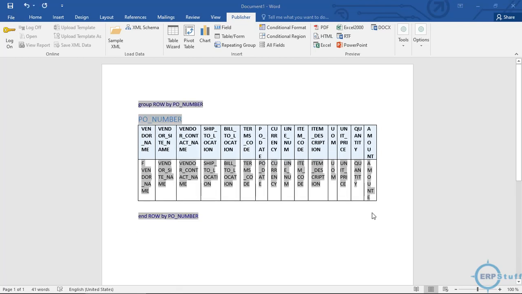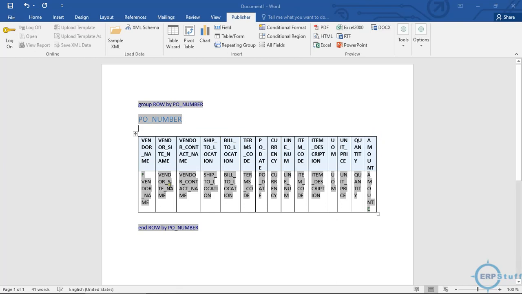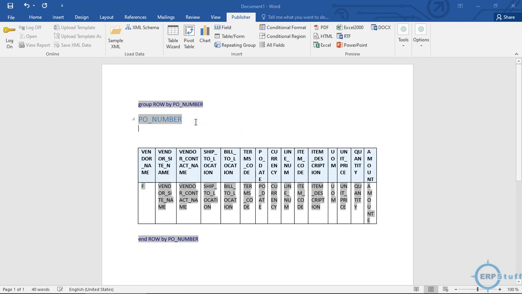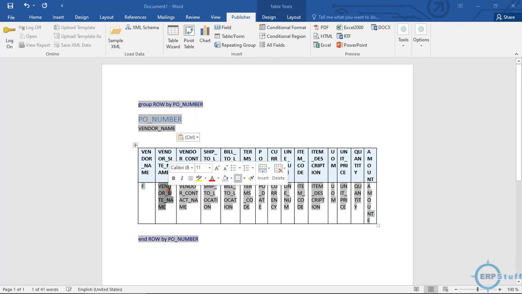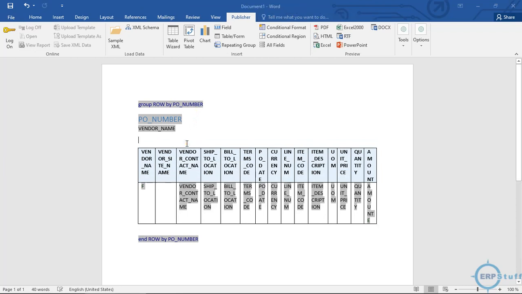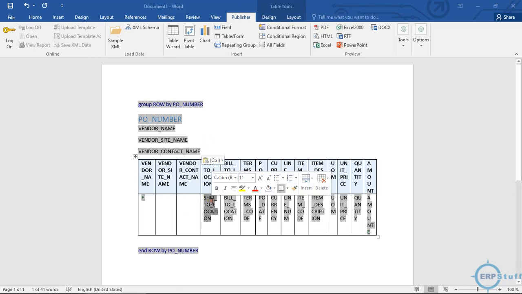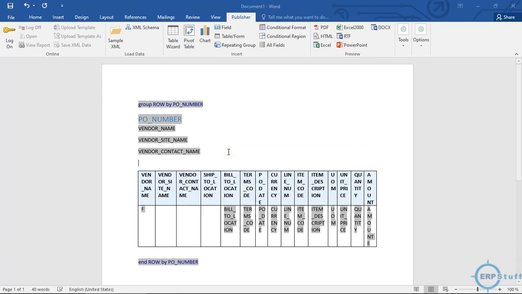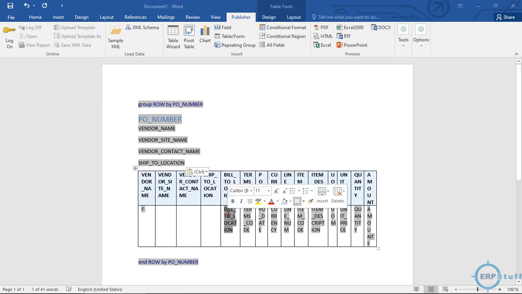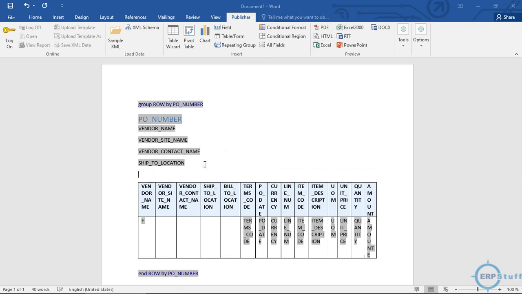Now, on the top you see PO number. This is your header. But ideally there are other columns as well. Manually you can take them from here, because we have a limitation of 4 over there, so I will do it like this from here, Control X. I'm just giving you a way out. Today it's not this XML publisher training session, so I will not go into details, but at least a quick demo.